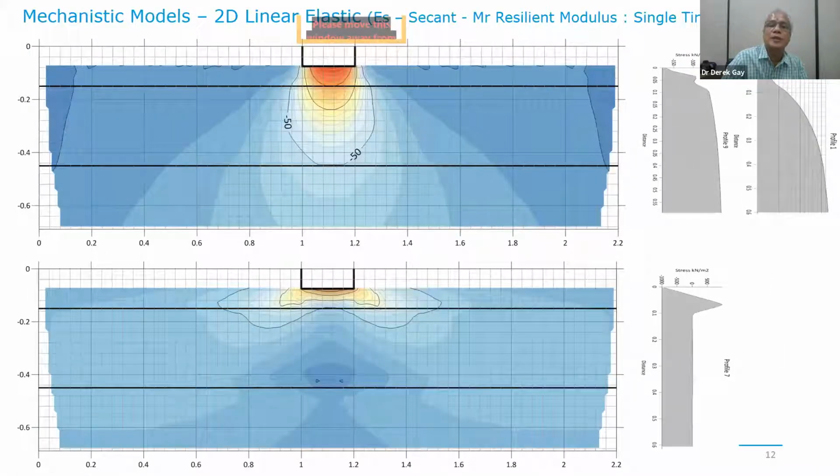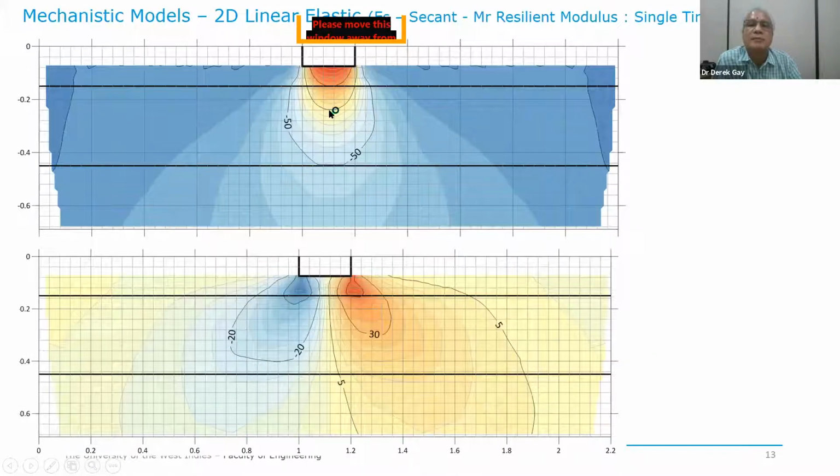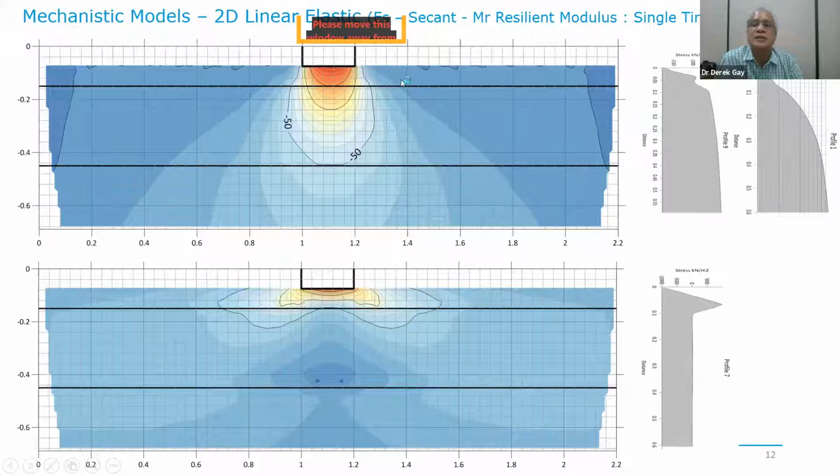Right, so this model here looks fairly straightforward. You may recognize it as looking like the Boussinesq theory. But what I did here is that I changed the modulus of the asphalt, assuming that it had cracked. So I reduced the asphalt modulus from 3,500 megapascals down to about 2,000 megapascals, which means that it's becoming just